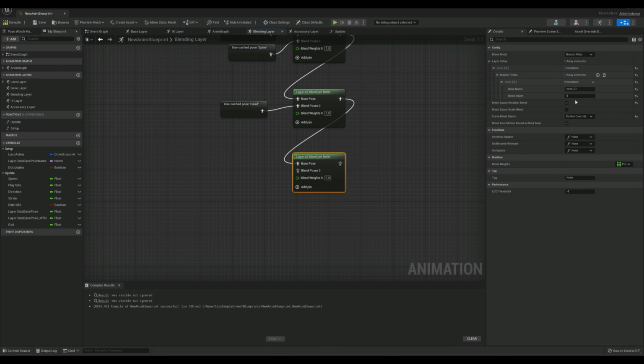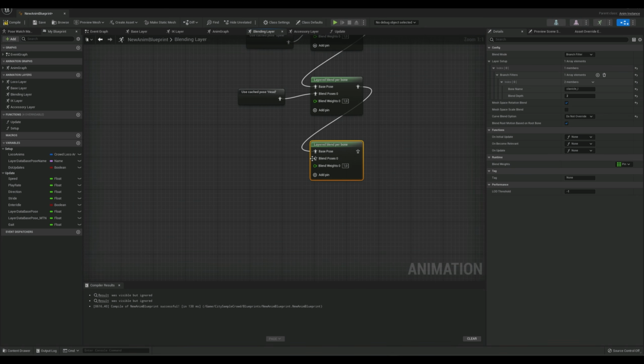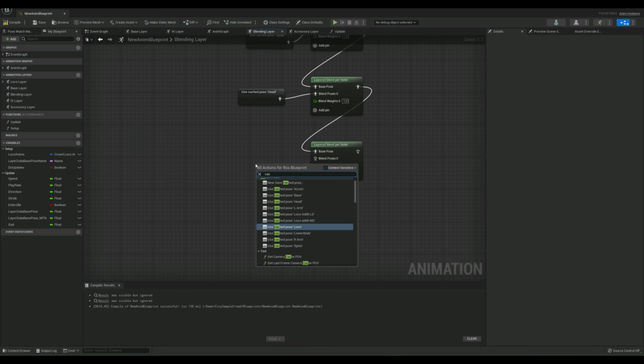And this time the bone name we want is a calico left, and we want it 2 deep. Oh, did we check this one here? 5 deep. This one should only be 1 deep. This one's 2 deep, and we right click, go to the cached left arm,